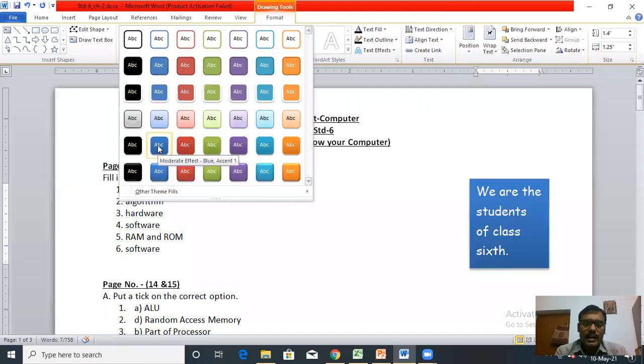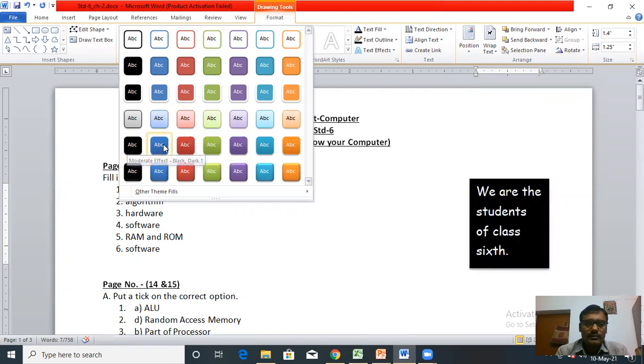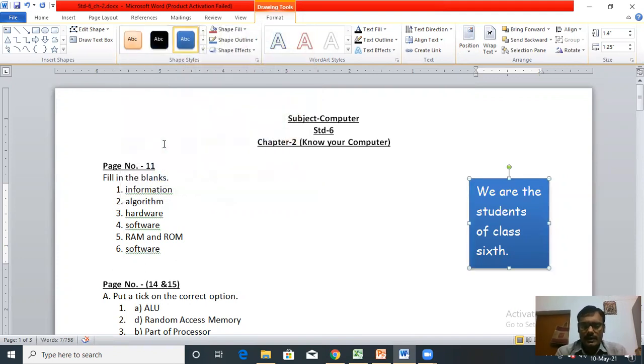The selected style will be applied to the text box. Okay, this selected style will be applied to the text box. So in this way, you can format your text, you can change the style of your text.